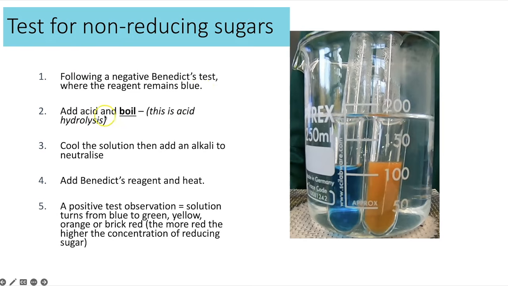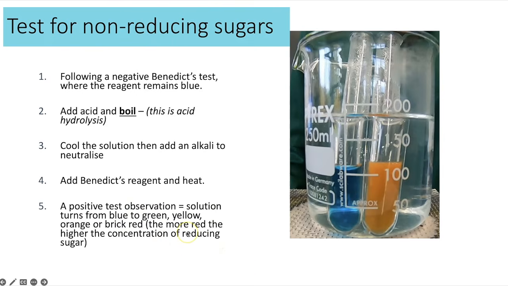You would then add acid and boil, and it does have to be boiling hot so that you can hydrolyse sucrose into fructose and glucose, so you'd have to say boil. You then need to cool the solution and add an alkali to neutralise, and then you would add Benedict's reagent and heat, and then you should get a colour change if a non-reducing sugar was present. It says here blue to green, yellow, orange or brick red, but typically it actually goes orange or brick red,